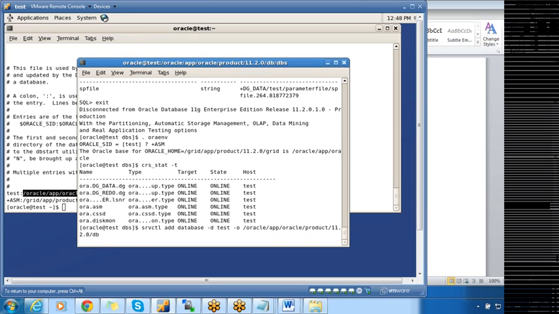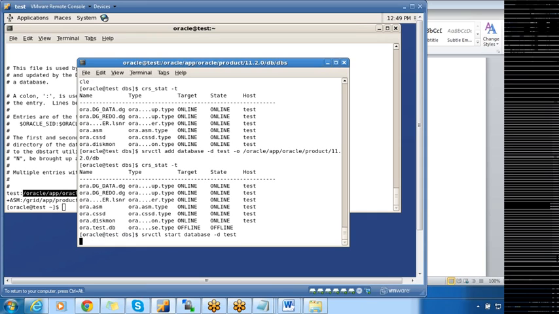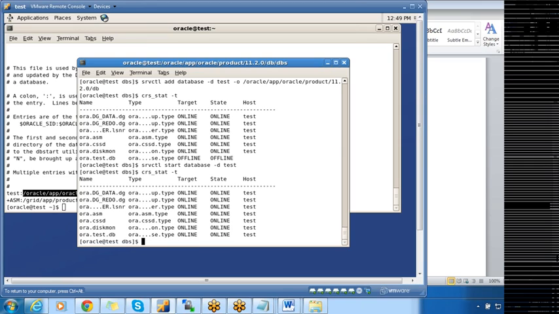This will add the database test into the cluster. crs underscore stat -t. Now I have the database. Initially it will be offline. Just do srvctl start database -d test. To start the ASM, the command is srvctl start ASM. But to start the database, it is database -d test. Here it will not actually start it. It will check whether the database is up and running. If it is up and running, it will just change the status from offline to online. So this completes migration from non-ASM to ASM file system.